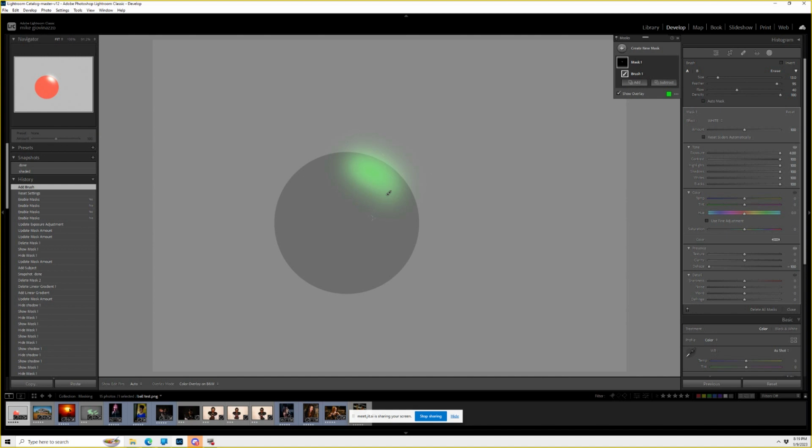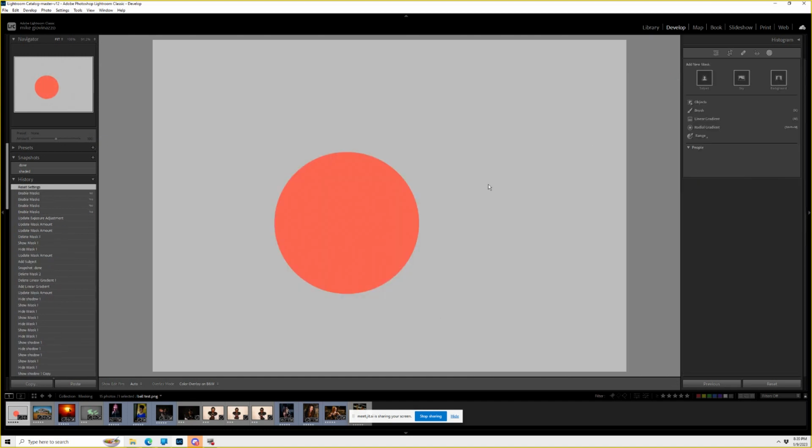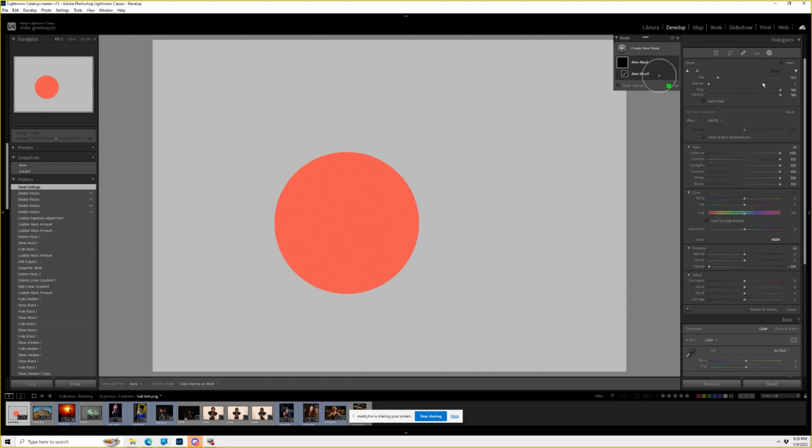Even though I'm trying to stay inside, maybe I can make the flow higher, make the feather low, and I'm going to try to very carefully paint. It's really tough to paint inside that ball and stay exactly there and get a pure, nice mask. So I'll just do Control Z, and I'll undo these things. To get the same effect, what I can do is hit my brush,